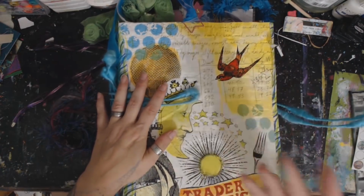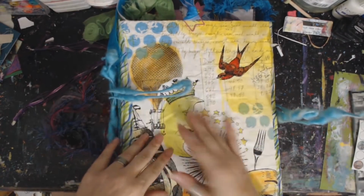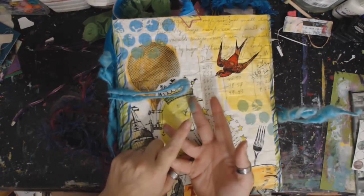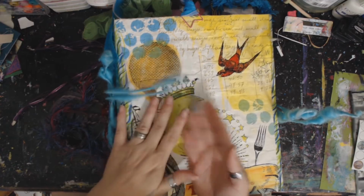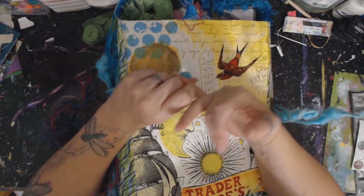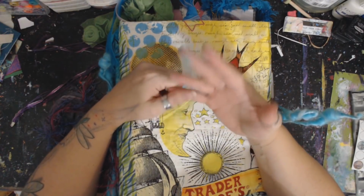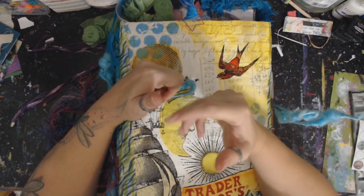So, what do we need if you're new and you've never made a journal? What are the things you're going to need for your journal? We're going to need to figure out what we're going to do for the cover, okay, and pages. I don't worry about pockets in my art journals. I like making tags here and there. I do like doing ATCs, but tags and bibbity bobs and things like that are fun to make,